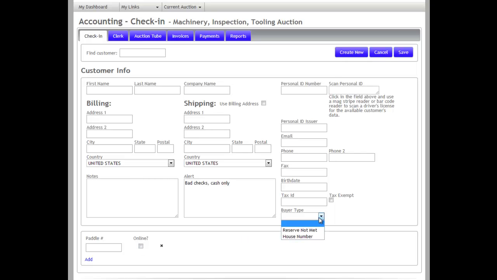Under buyer type, there's two different methods that you can use down here. The normal buyer type is blank. That's a regular customer who's come to your auction. If you have a house number or a reserve not met number, just a paddle number that you use as your go-to for either one of those, you can change the buyer type to reserve not met and add that paddle number in. What that does is it checks that paddle number into the auction,